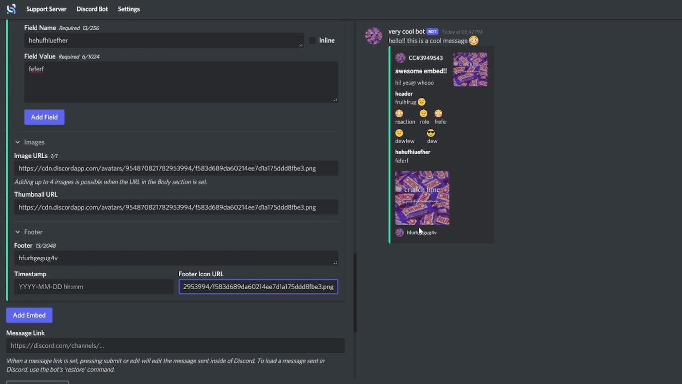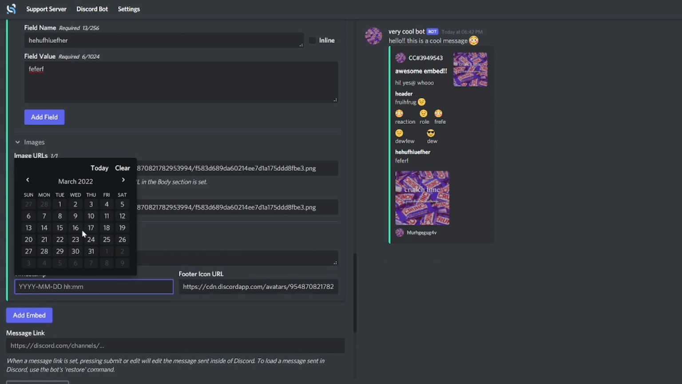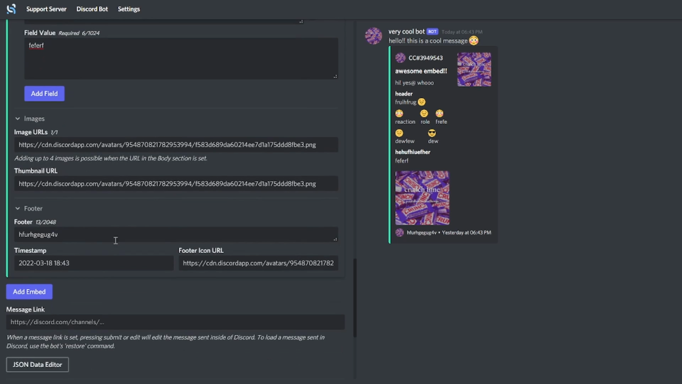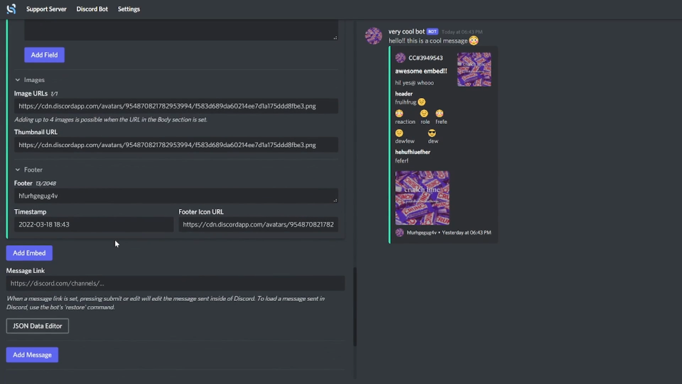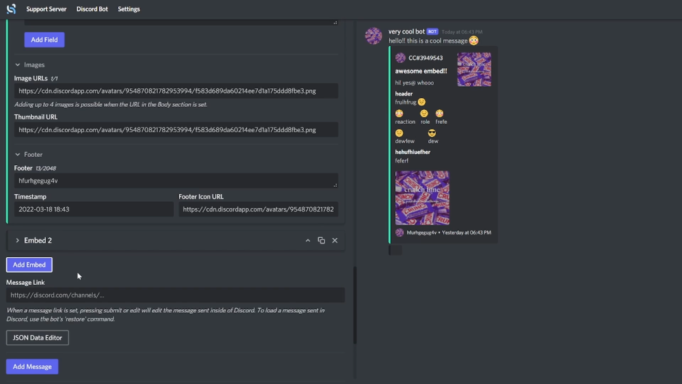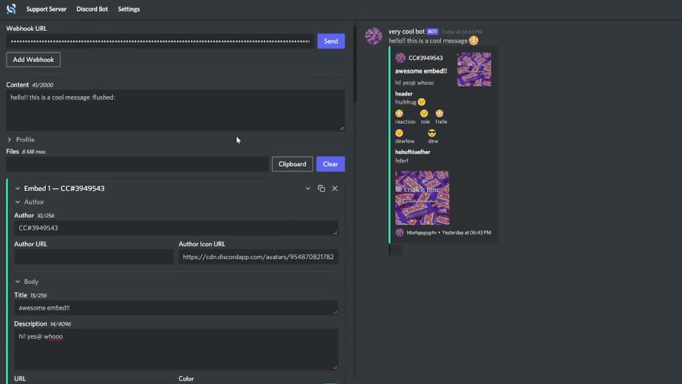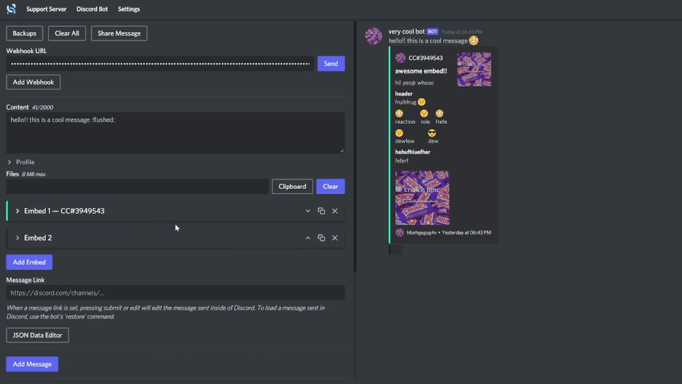You can also put a little avatar for it. And you can have a timestamp, so this is dynamic. Like if we choose today, it'll say today, and then tomorrow it will say yesterday. So it changes, which is fun. And yeah, that's kind of how embeds work. You can add multiple as well. But yeah. So once you're done creating your message, you can just click this send button